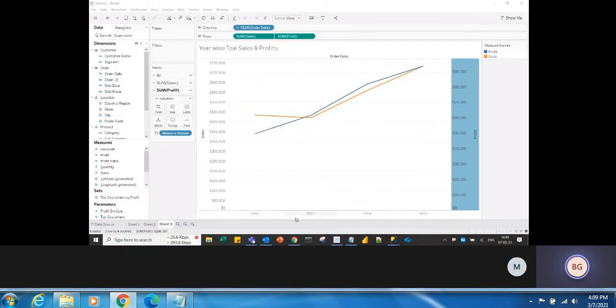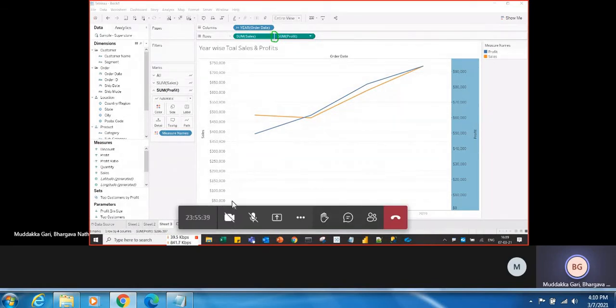Okay, so if you see the symbol here, they are combined, right? They are not the round ended ones. So the pill, this is called pill. Okay, so the pills are joined, so that indicates the visualization is dual axis.